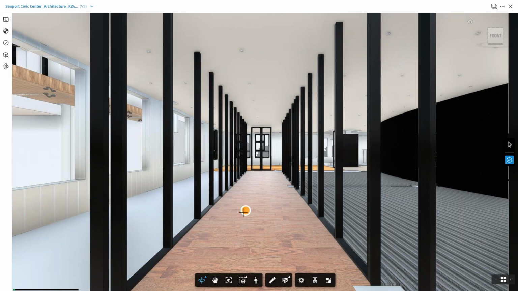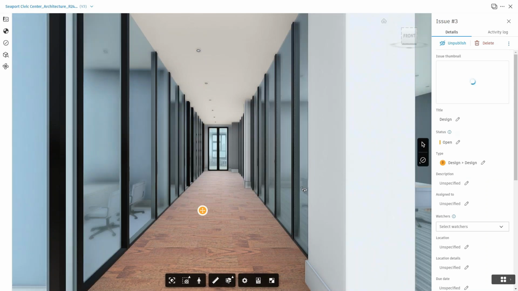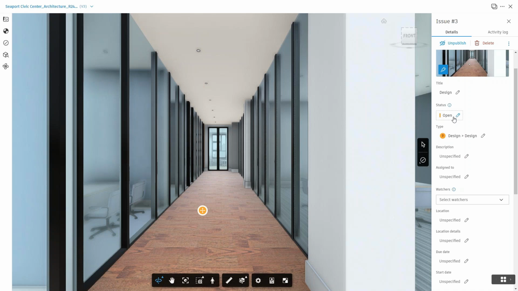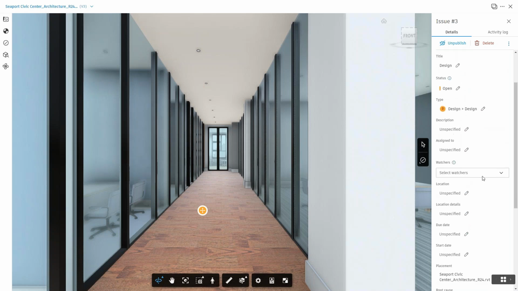And you can say, hey, maybe I want that flooring system to change. So I make a data node in this 3D model. I can actually see a thumbnail preview of that issue. I can track it as a design issue, and I can do all those same functionalities here that we just did. But as I go in here and assign this to different people and to watchers, what's really cool about this is